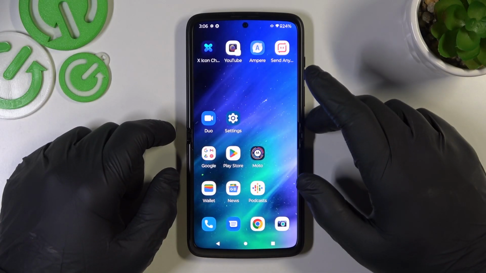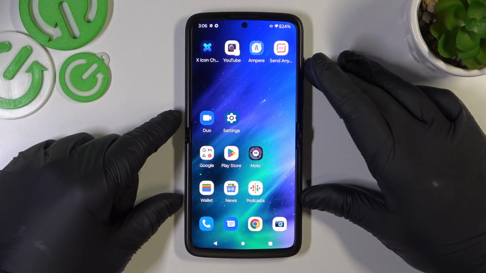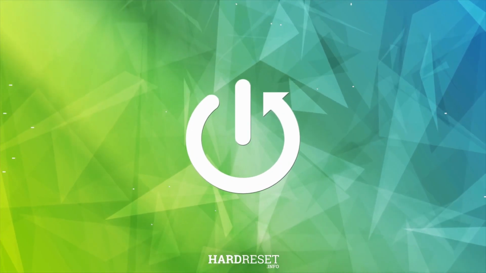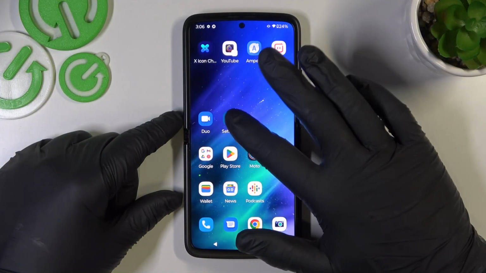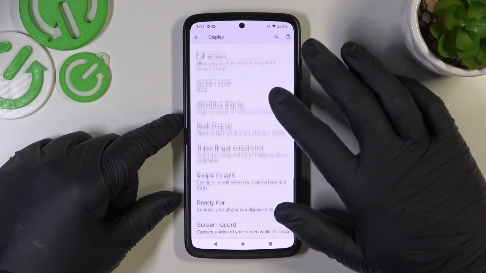Hello, in front of me I've got MOTOROLA Razr 2022. In this video I'll show you how to find and manage display settings. In the beginning, let's go to settings, enter display, and as you can see right here we've got all settings for